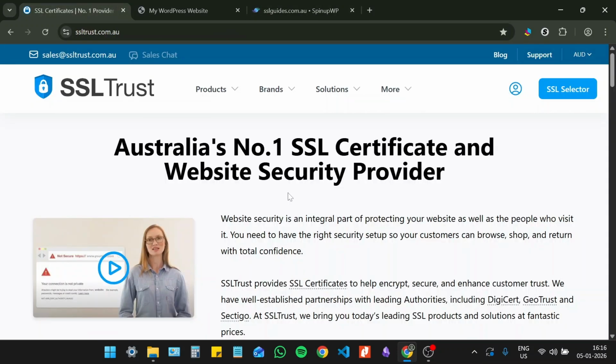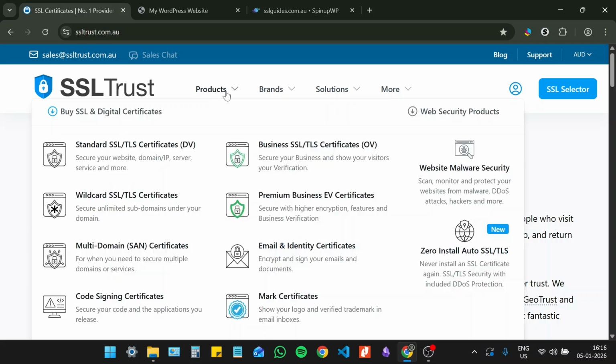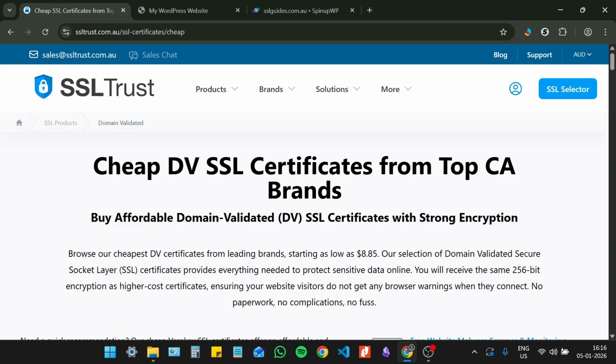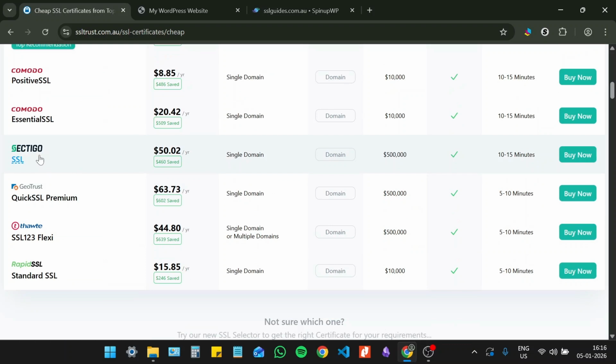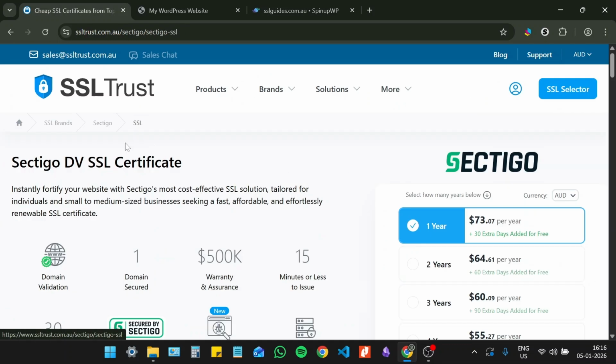So the first step in this process is purchasing an SSL certificate. Now, if you already have your SSL certificate, you can skip this step, but otherwise, you are most welcome to visit our website. So I'm here on the home page. I'm going to navigate to products, and I'm going to go with a standard domain validated SSL, since this is a demo video. So we can go with the Sectigo SSL, for example,